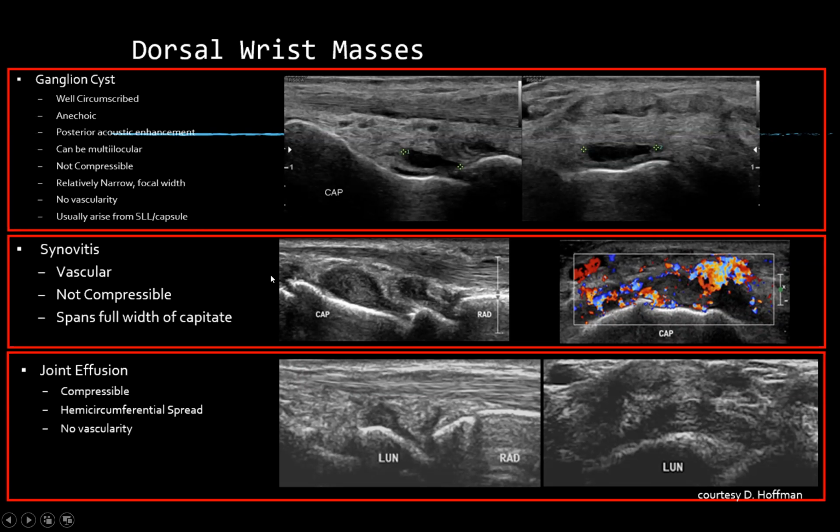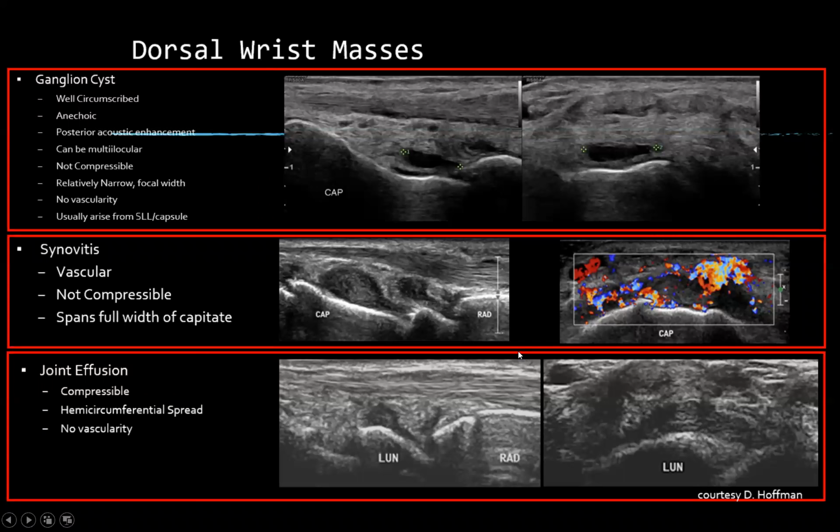Now, synovitis is a thickening and hypervascularity of the dorsal synovial recesses. These are not compressible. And again, they have a wider distribution. You'll see that they span the full width of the capitate. One pearl here is to be careful not to bounce the transducer when you're looking at synovitis. You can end up giving yourself a false positive by creating Doppler flow and fake yourself out on the